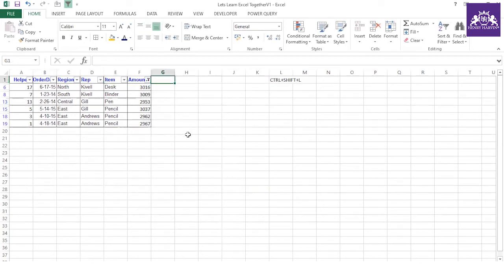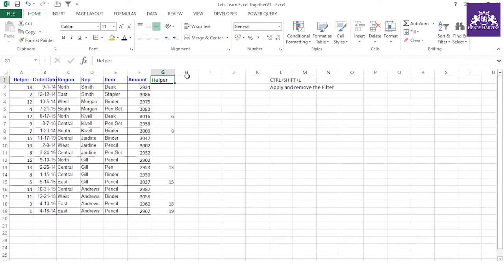Now you make one more column called helper column, and here you apply the ROW function. It will give you the exact row. Now you have to drag this. Once you have dragged this, you remove the filter, Control Shift L. Now you make another filter, another header, serial number. In serial number you can give 1, and once you give the 1, you drag this